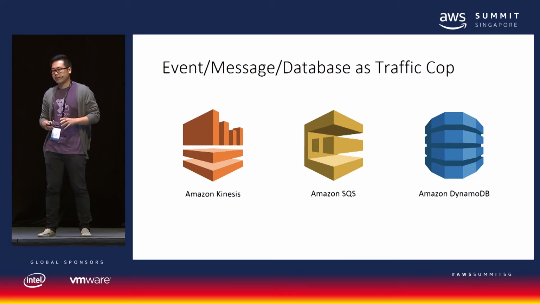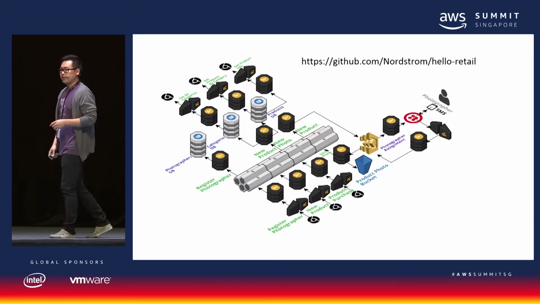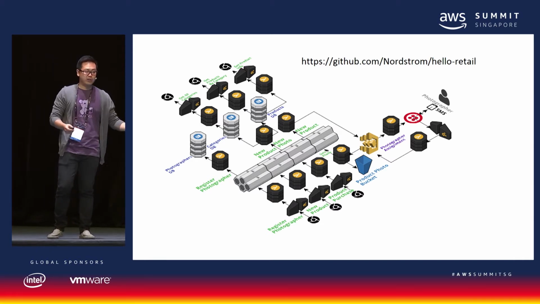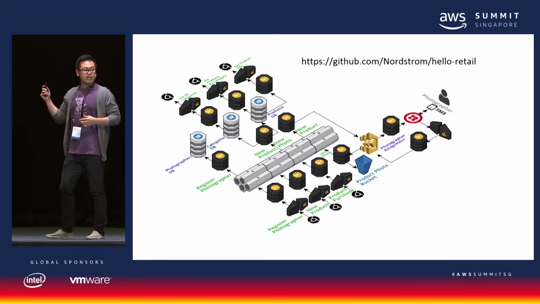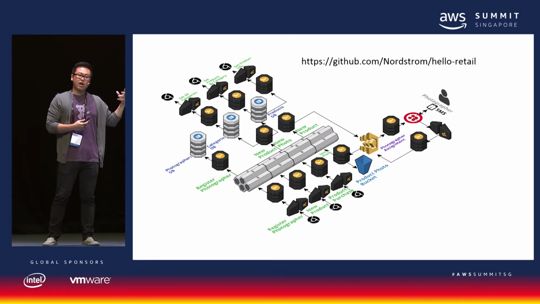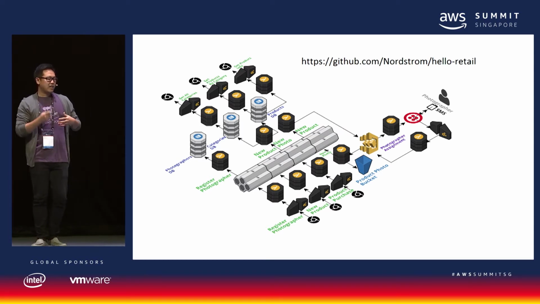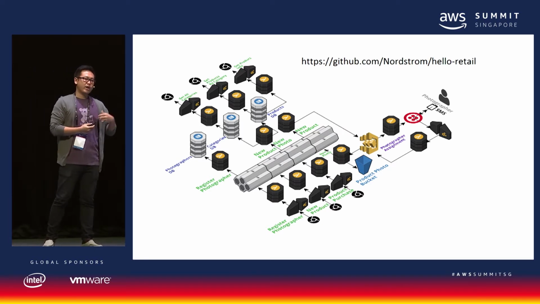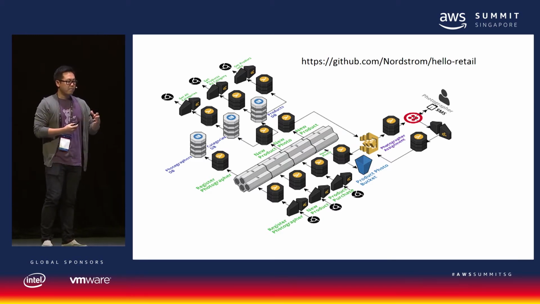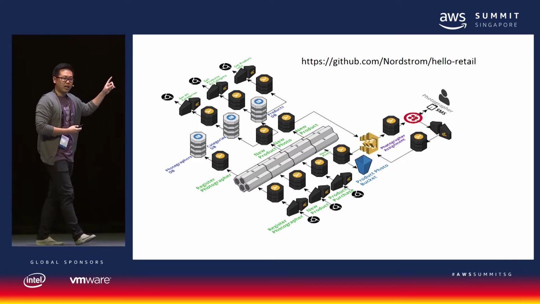Lots of great examples out there. One of the best that I've seen is actually Nordstrom's Hello Retail. So if you go online, you can actually go to GitHub right here. You can take a tutorial and actually build this thing out. Looks pretty cool. Nice diagram right there. But this is a great example of Kinesis, so using an event stream with Lambda. And this kind of automated things where it would register photographers with product managers, photographs, things like that. But as I mentioned before, it also gave us this really cool looking diagram, which is great because I can't